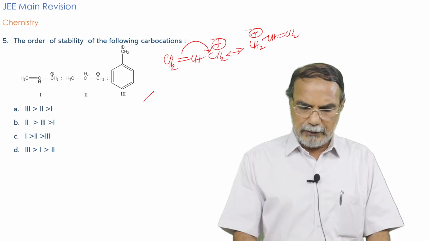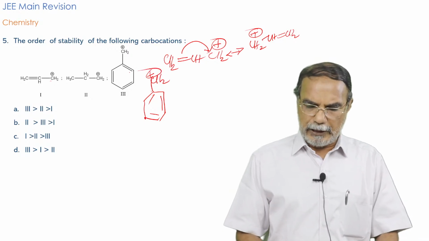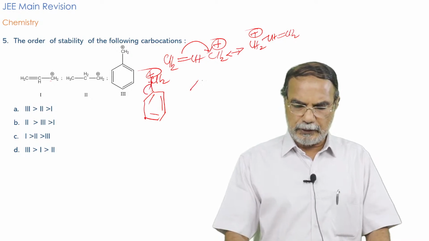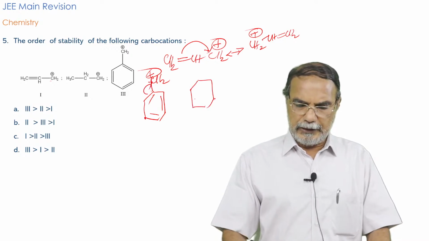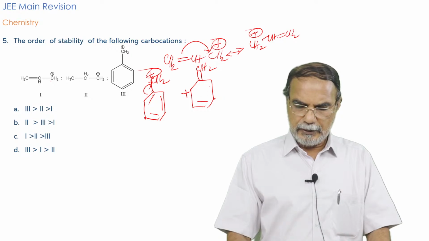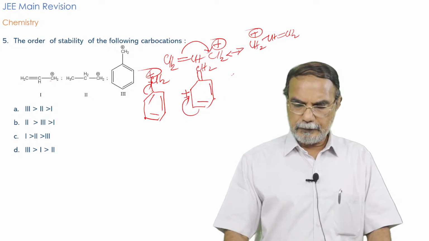And similarly, this is a benzyl carbocation, which is also stabilized by resonance. You can write various structures: double bond, CH2, you have the positive charge now here, and shifting the electrons, you have the third structure,